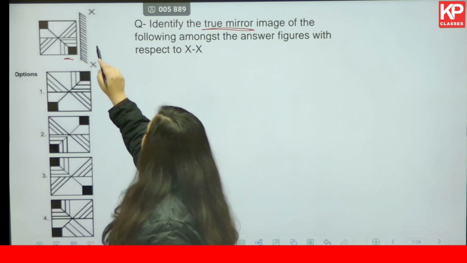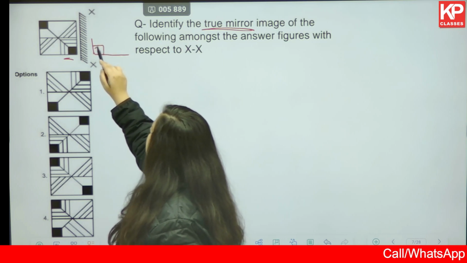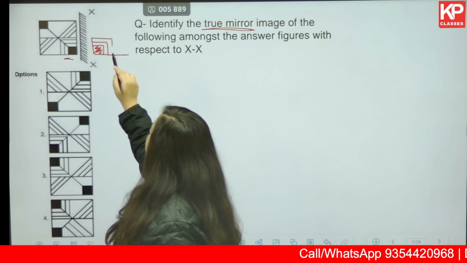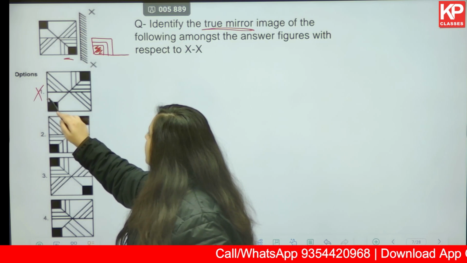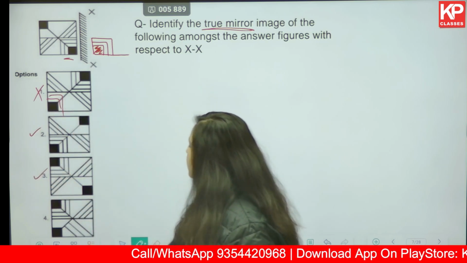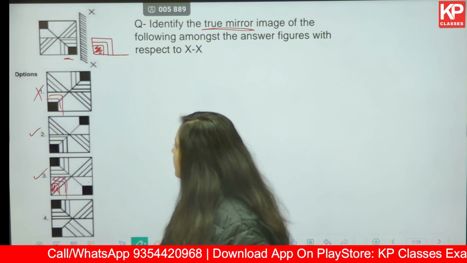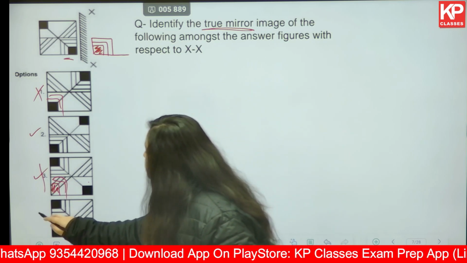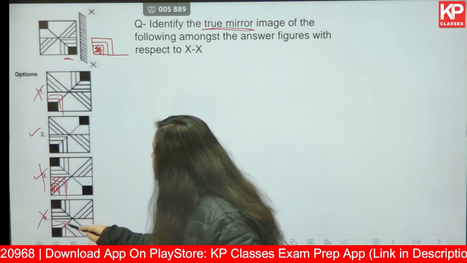Okay, in this portion what do you need? You need this hatched portion and you need 2 lines like this. Okay, this cannot be correct because these 2 lines are missing. This can be correct. This cannot be correct again because you don't have the hatch portion over here and you don't have the lines. So even option number 3 cannot be correct. Then option number 4 can also not be correct because you don't have these 2 lines.